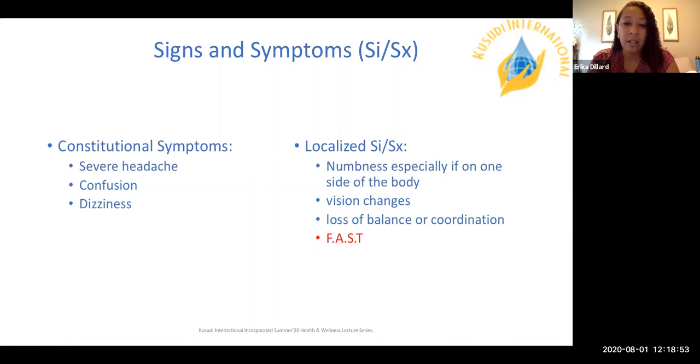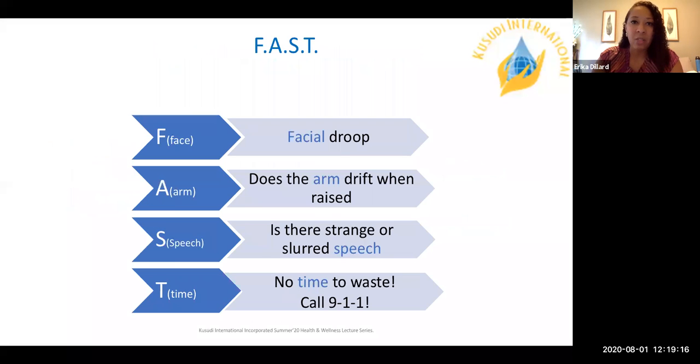A loss of balance or coordination could point towards a stroke that might be happening in the back or the base of the brain. And then you have your FAST symptoms, which FAST is just an acronym that was created in a campaign to increase the knowledge out there in the general population of symptoms that can be caused by stroke, and to help the general population be able to recognize those symptoms a little bit better. So jumping into what FAST actually stands for, F stands for face. So facial weakness or facial droop is a sign of a stroke.